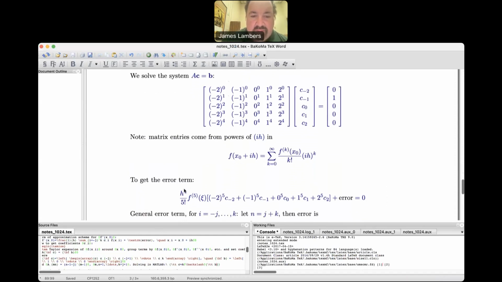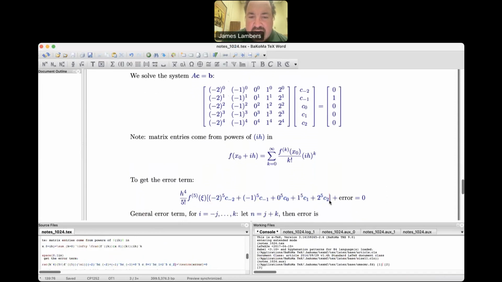So then you have the error formula. Notice that this expression right here in square brackets comes from multiplying what would be the next row of a matrix, if we had it, times this vector. So here we go up to an exponent of 4. Now we go to the next exponent of 5, and notice we take